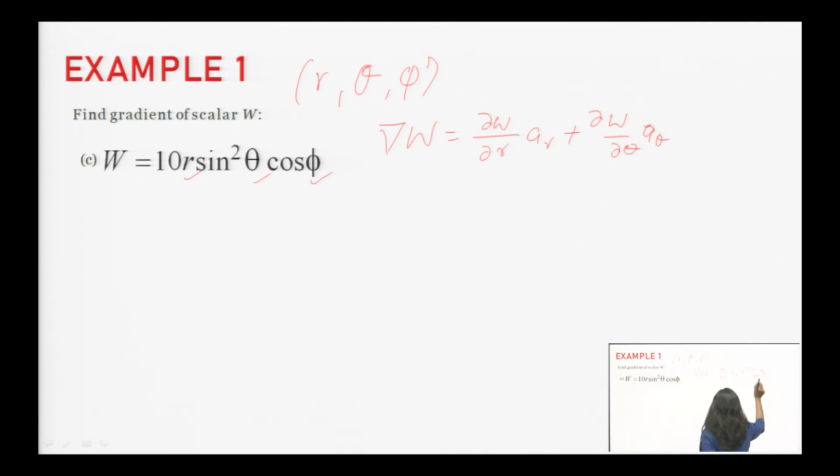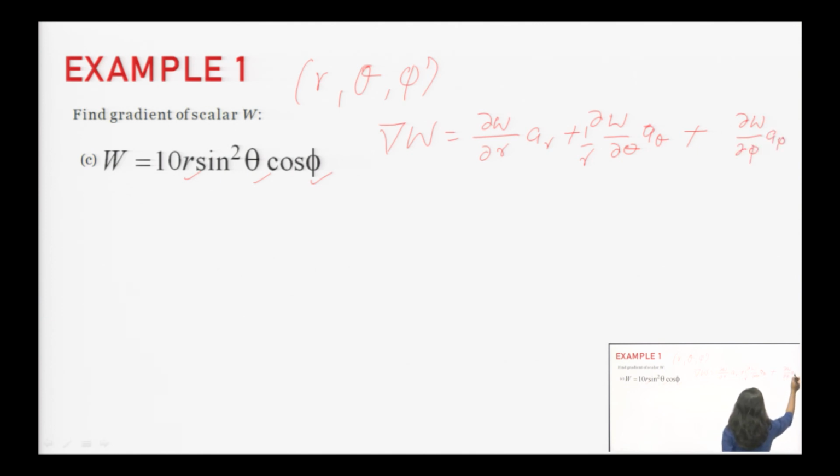Here, as theta is an angle, we need to multiply by a factor, that is 1 by r, again plus dw by d phi